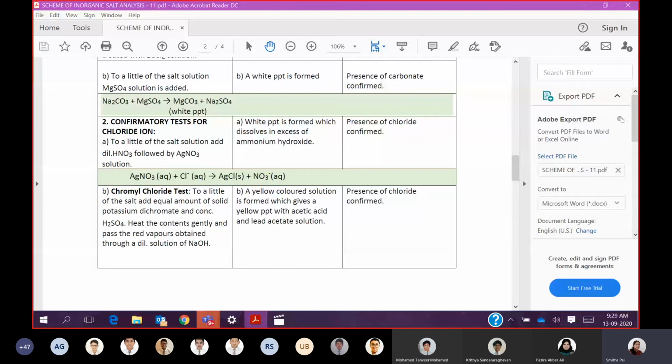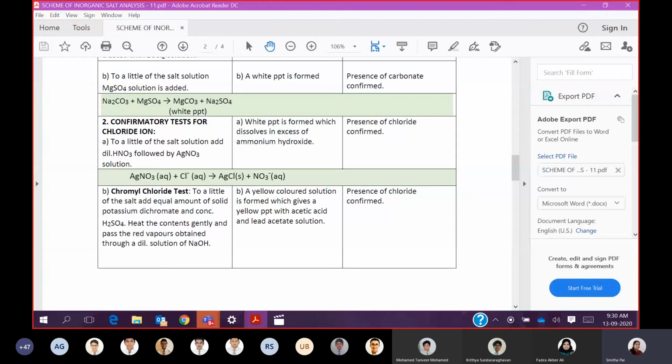In chromyl chloride test, you will be taking salt and mixing with equal amount of potassium dichromate, followed by few drops of concentrated sulfuric acid. You will be heating the contents, and the vapor obtained is passed through sodium hydroxide solution taken in another beaker. If you get a yellow color and a yellow precipitate after adding acetic acid and lead acetate, that confirms the presence of chloride. So the second confirmatory test is not performed by you in the lab, but the